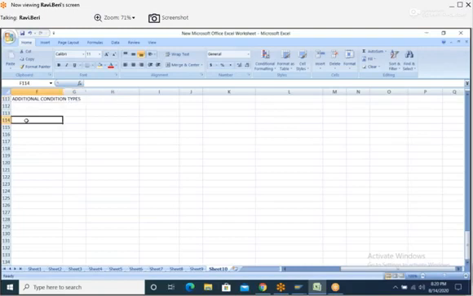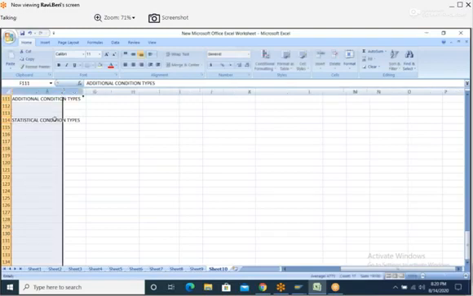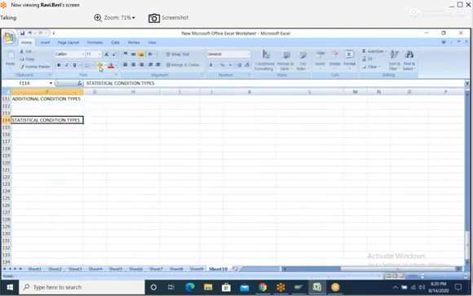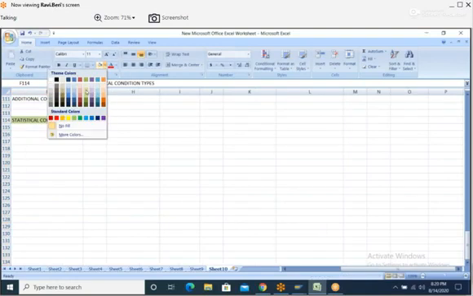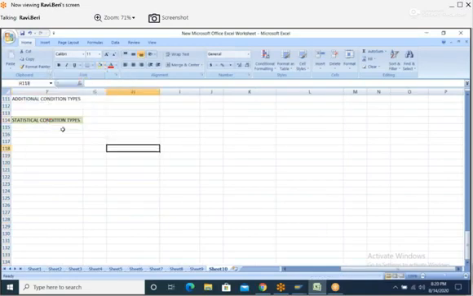Now here, take the first one, statistical condition types. So what is a statistical condition type?